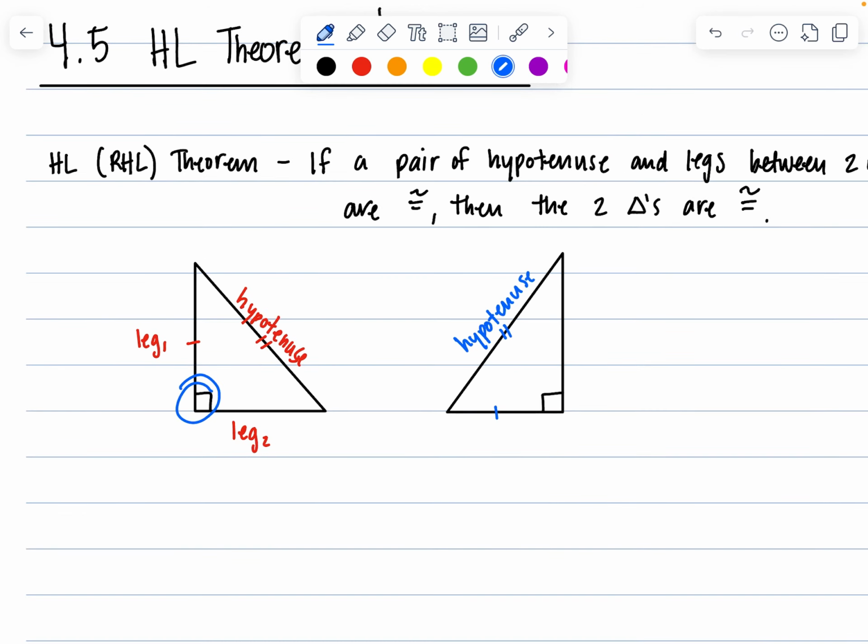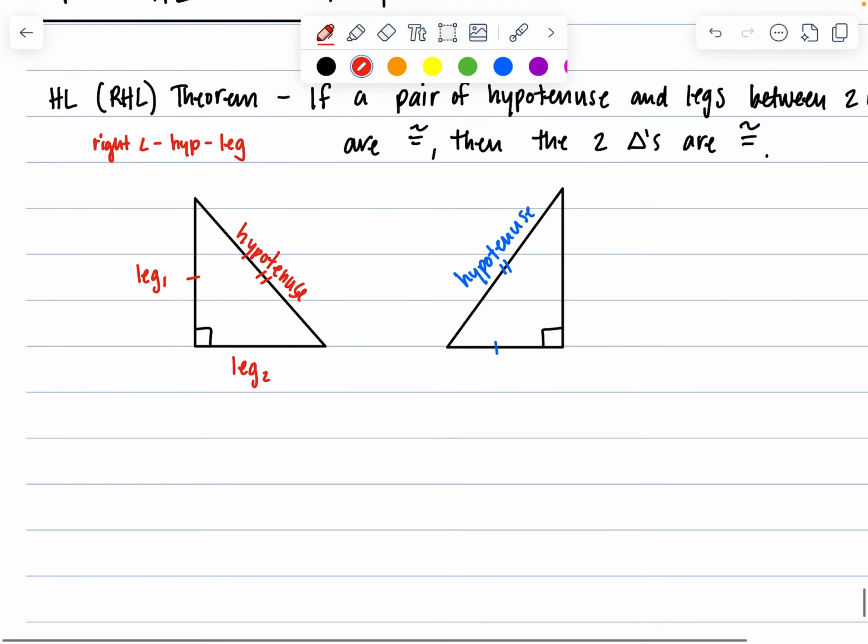And we also have that these are right triangles. This is why I call it RHL, for right angle, hypotenuse, and leg. So RHL. Okay. So if we have RHL happening, and if we name this, for instance, TCA and DOG,